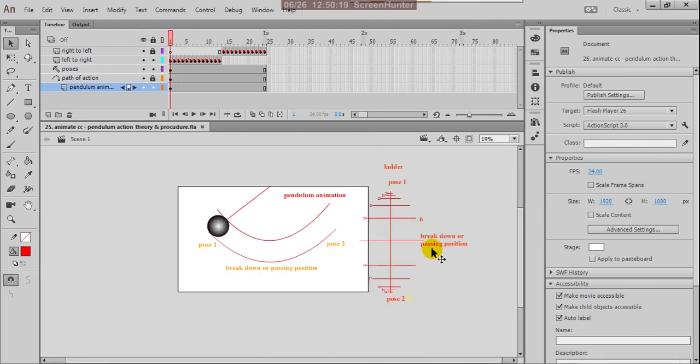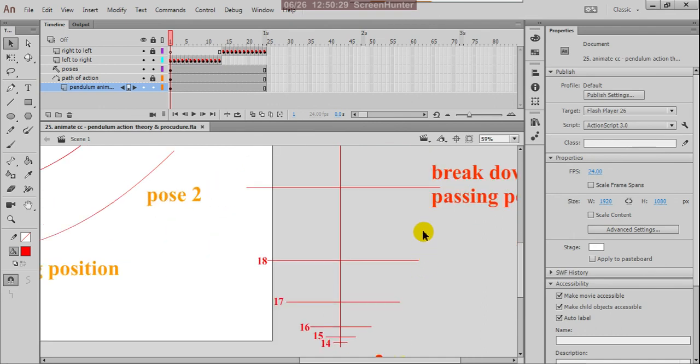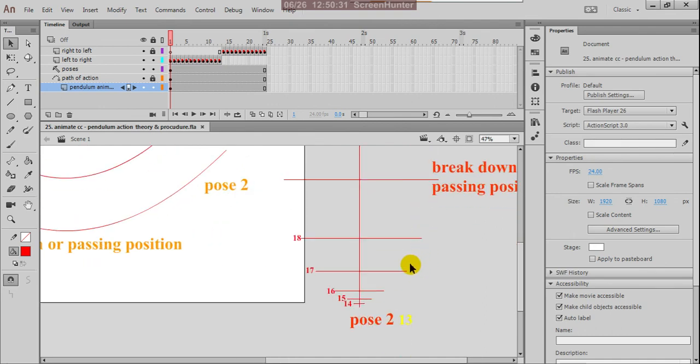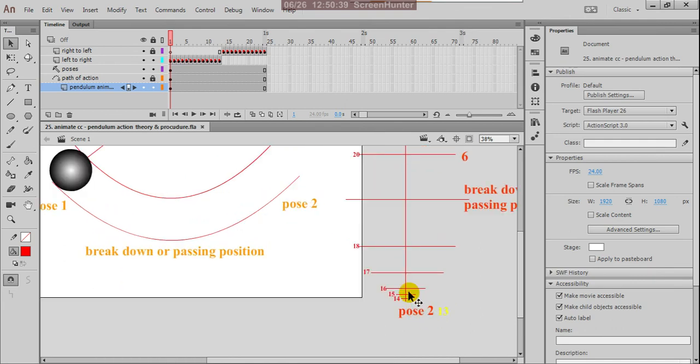So breakdown is a very important frame between these two key poses. Then after 7, the 8th frame is the in-between. Then 7, 8, 9, 10, 11, 12 and 13 is your pose 2. After the 13th it is coming back. So from one direction to another, left to right and right to left, your pendulum is swinging continuously.